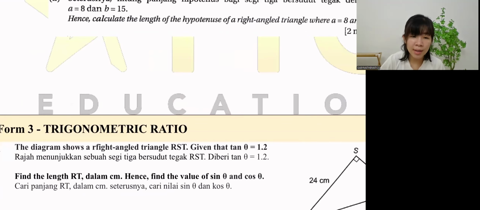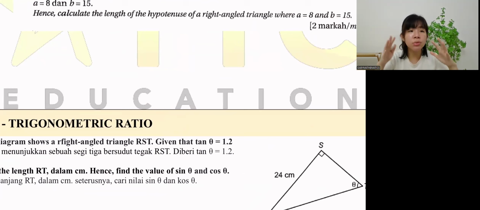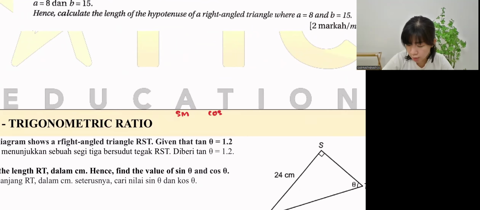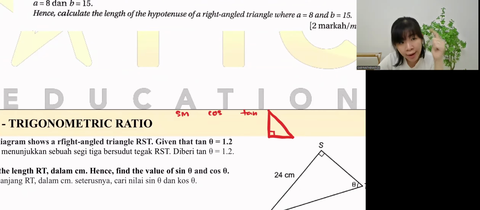Okay, what are the things in this topic? When you see trigo, the first thing you think of is sin, cos, tan. This is the sine, cosine, tangent. You will think of a triangle. It has to be a right angle triangle, and this right angle triangle must have an angle inside. Other than 90 degrees, you need one more angle. If the triangle has no angle, cannot. Because with the angle, only then can you label all the sides.